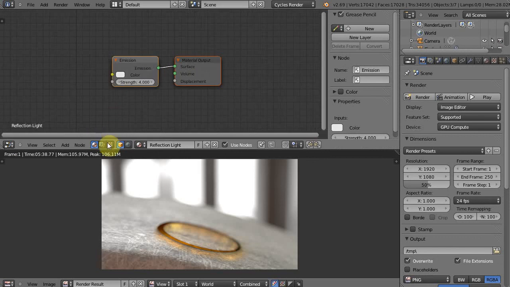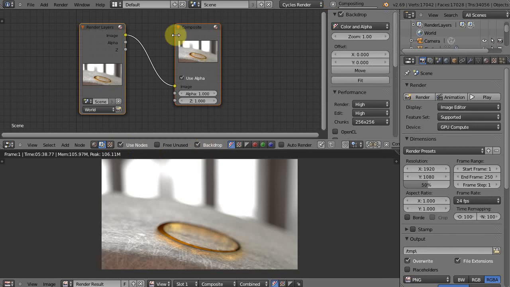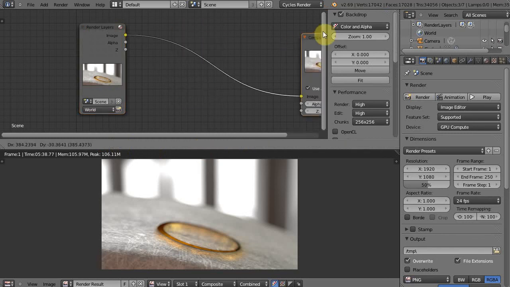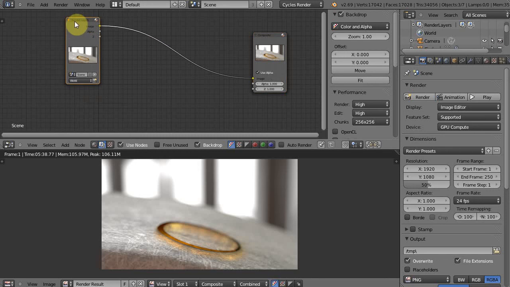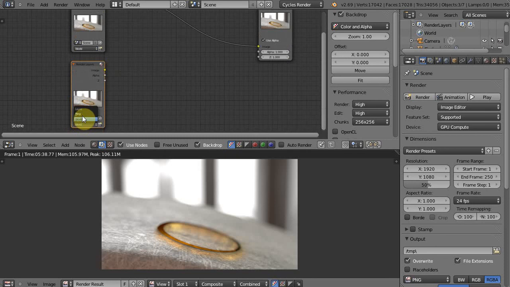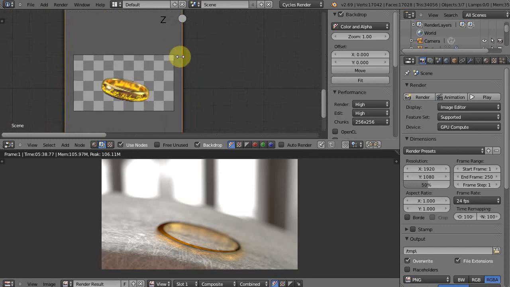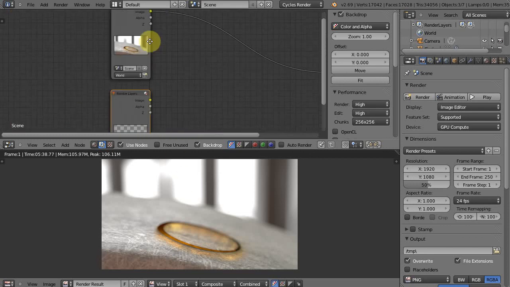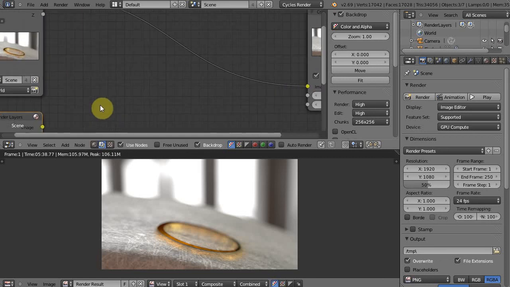And we can select our compositor. Click Use Nodes and Backdrop, sorry. And now we can combine our two render layers by taking this render layer, hit Shift D, duplicate it, and change this one to ring. And you'll see we have our ring all by itself with an alpha background, and we've got our world all by itself. So to combine the two, real easy, Shift A, and this is where adding that alpha,